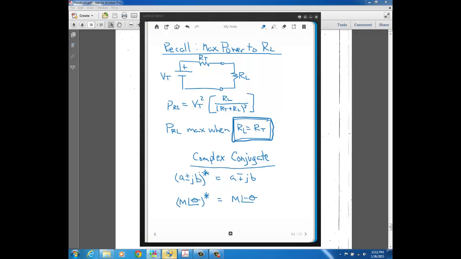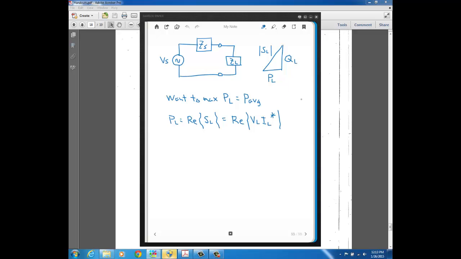So complex conjugate in rectangular form, the real parts are the same, the imaginary parts have opposite sign, and the magnitude of the imaginary parts are the same. In polar form, when you take the complex conjugate, all it does is affect the sign. Same magnitude because these numbers don't change, but opposite sign since the sign changes for the imaginary part. Okay, so that's just some review information that will be handy for our derivation of when we get maximum power